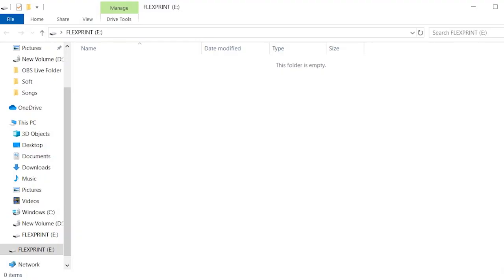Take a backup of all the data from the pen drive which you are planning to make Windows 10 bootable, as once the pen drive becomes a bootable pen drive, all the old data will be deleted. On screen, the pen drive which I took is empty, as shown.